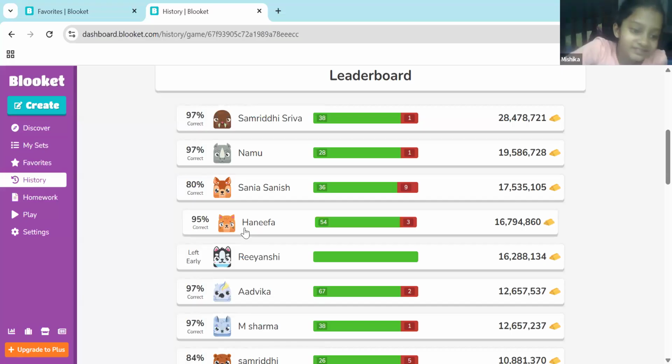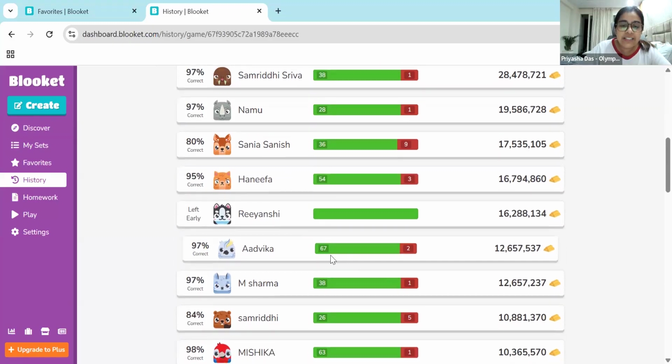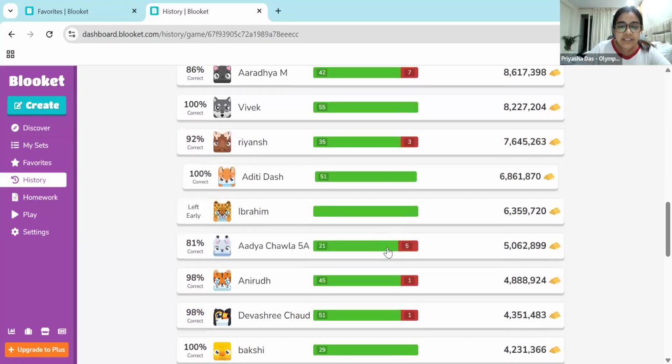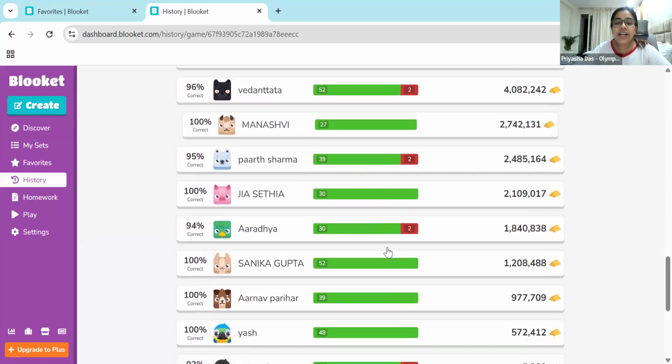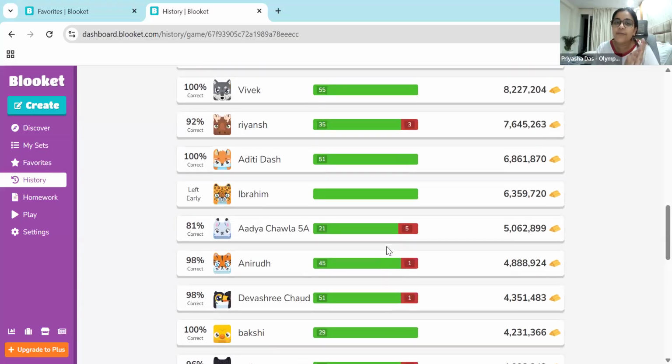Okay, guys. We are already over time, so I'll just take three people's names. Number one, who has got the maximum number of right answers. Number two, who has answered the maximum number of questions. And number three, the people who have got 100% accuracy. First, the maximum right answers: 67 from Advika. Anyone more than 67? No. So most of the right answers came from Advika. Advika, congratulations. Claps for you.